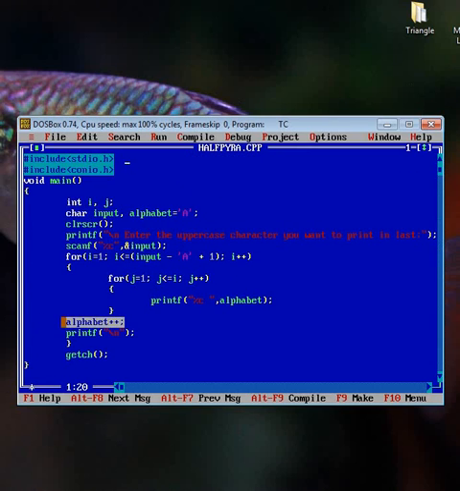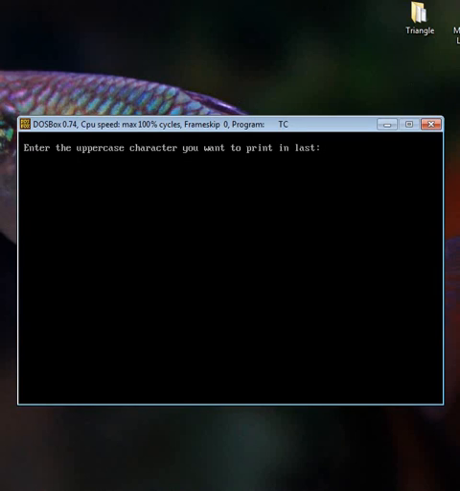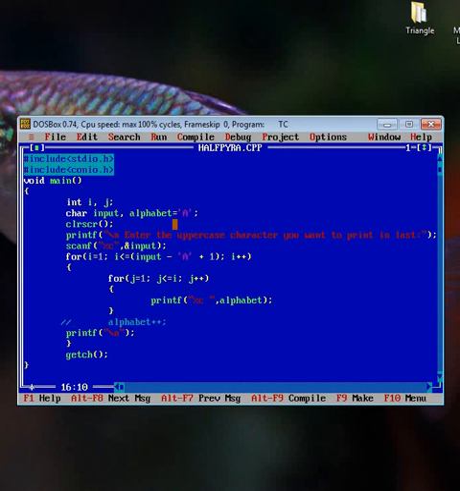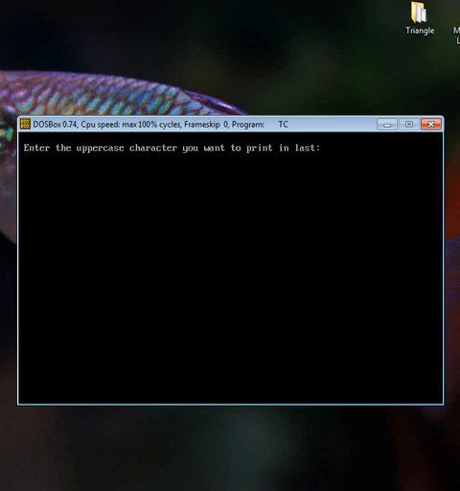So you can comment this line also and try to execute the program. Suppose e, so you can see that the alphabet value is not increasing, so all values are a. You can also initialize the value to b and check the program again. If you write e or f, whatever, all b is printed.